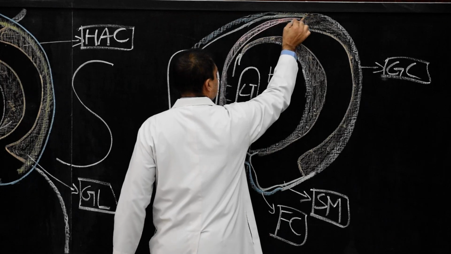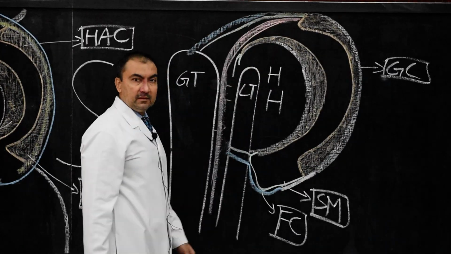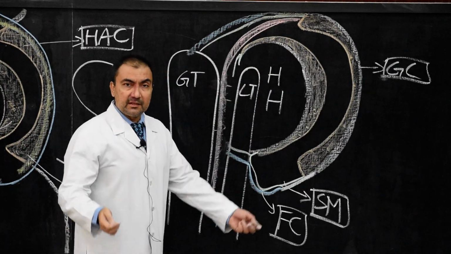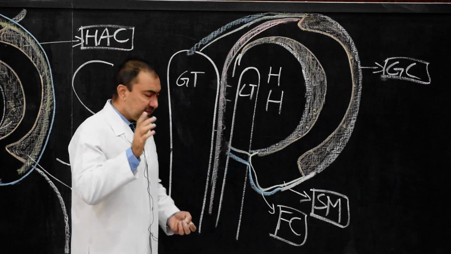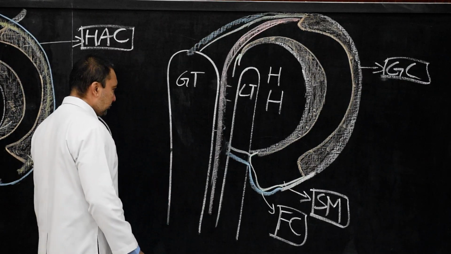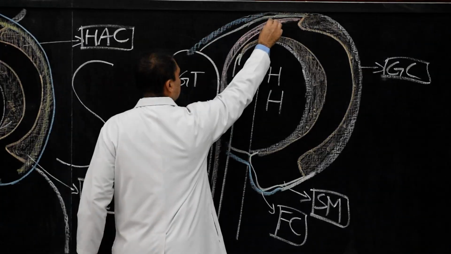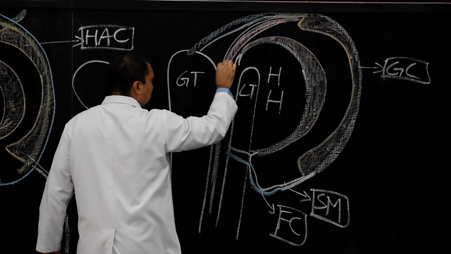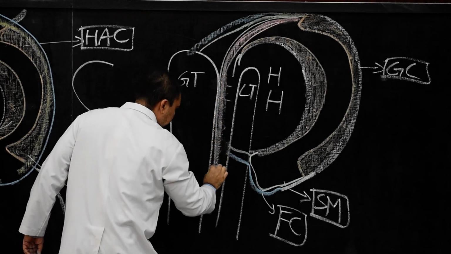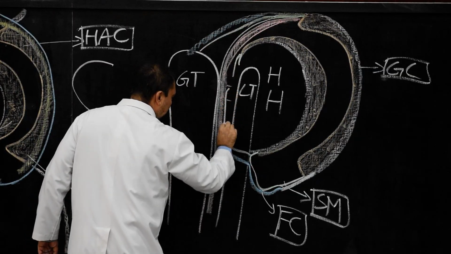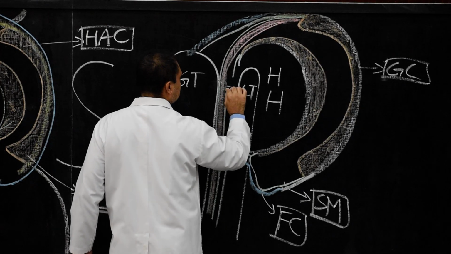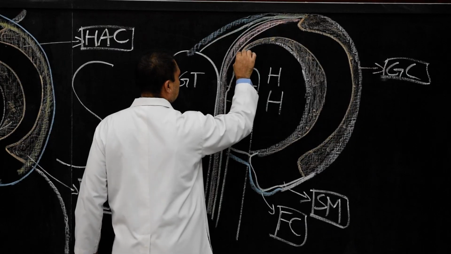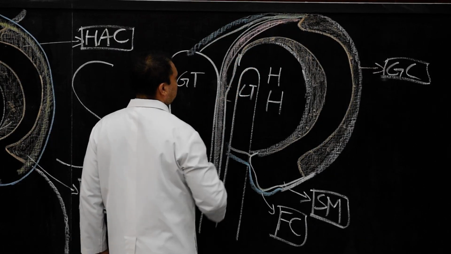After showing this, what you need to show is that it is covered by a synovial sheath. So our synovial membrane here, you need to show that it is covering this long head of biceps brachii tendon on this side. Here it is covering the long head of biceps brachii tendon. This is the synovial sheath which will cover it. This is what you have to show.